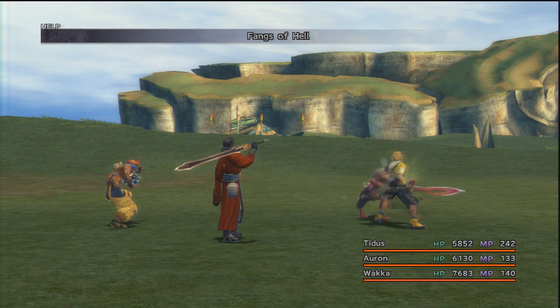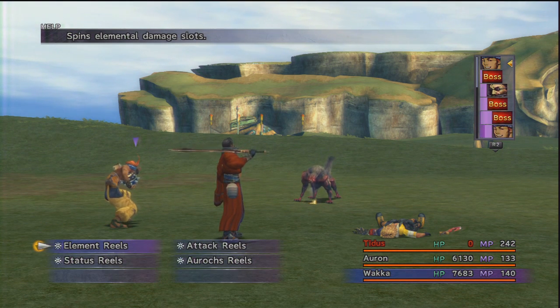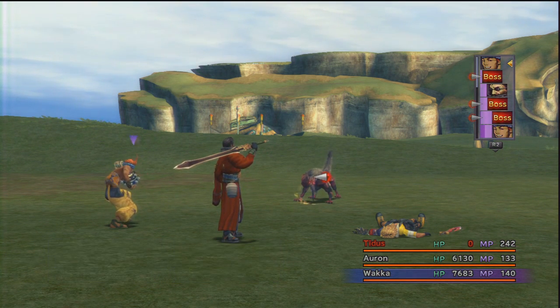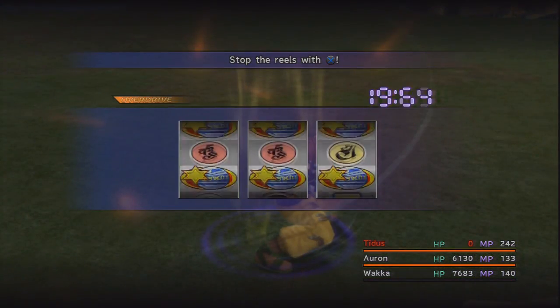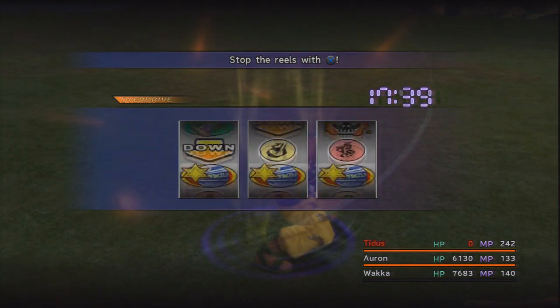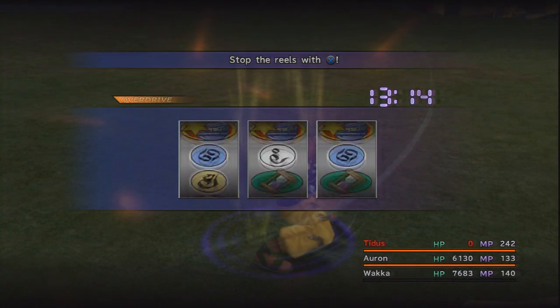These are my 3 guys, and you'll notice they're not actually that powerful. Now, Wakka's got more health. They are slightly stronger than the ones you saw in my other save file. Wakka has the Aurochs reels, which I can demonstrate to you guys now. And as you'll notice here, it's pretty crazy. It's every single one of his overdrives all at once, with an extra thing on there, these flashing white ones,